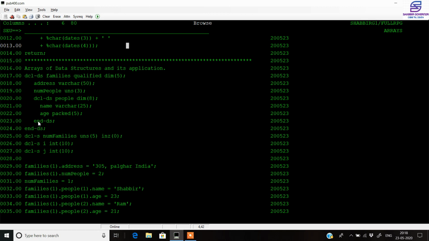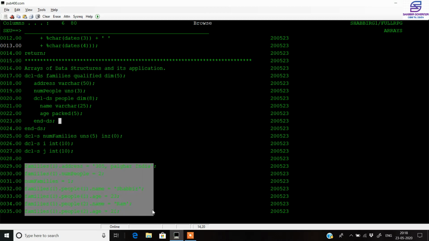And then we saw the data structure arrays and its application, like we declared a multidimensional array, that is families, which had the address of multiple families as well as the number of members inside the family. And inside the internal data structure we had two fields, that is the name and the age, and we set all the attributes for the outer data structure as well as the inner data structures here.